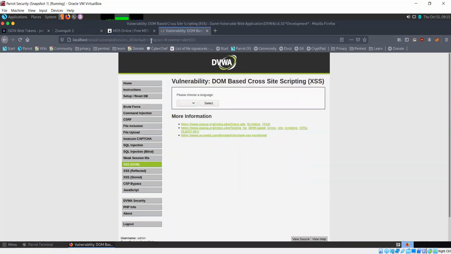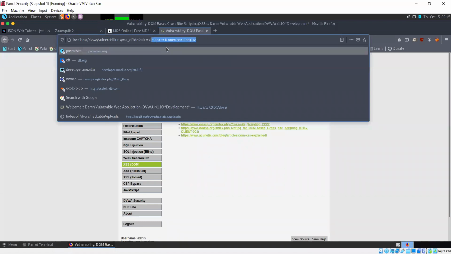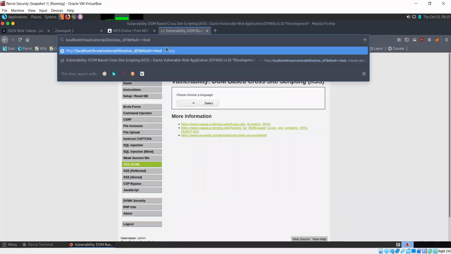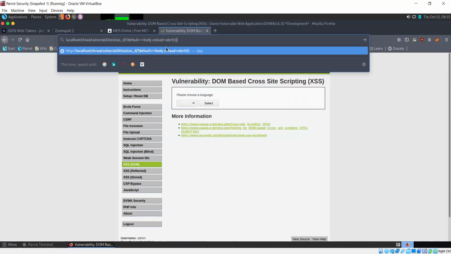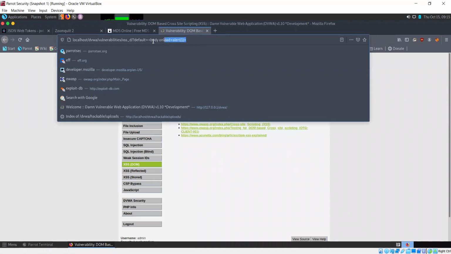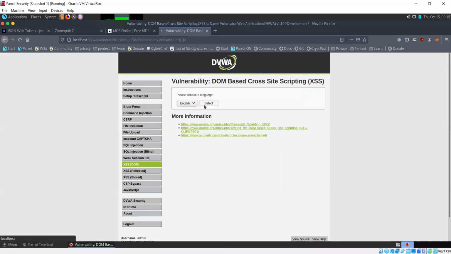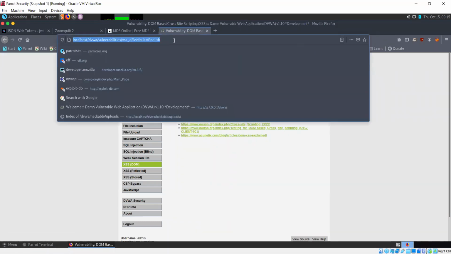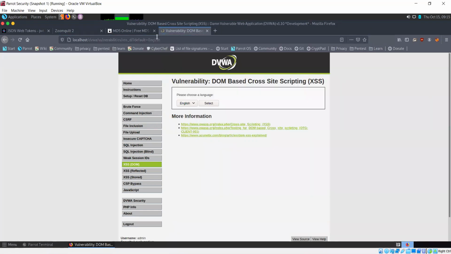Okay, that's not going to work. So nothing is working currently, but let's try doing something else. Currently the server is filtering out all of this, but with DOM-based cross-site scripting, we don't really want to reflect this code off of the server. We just want it to run within the browser.